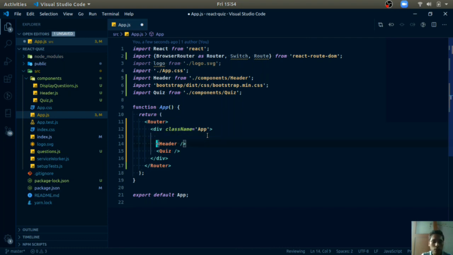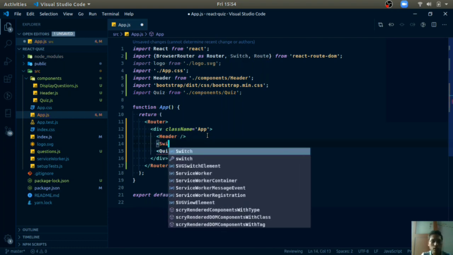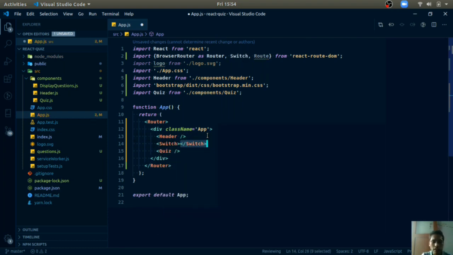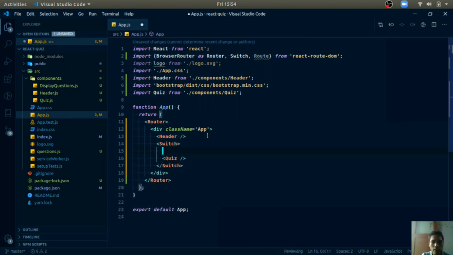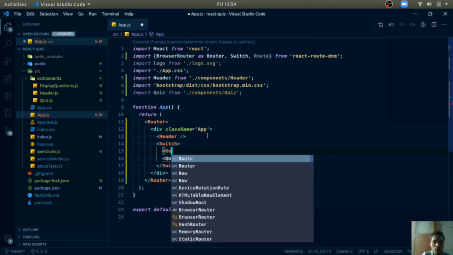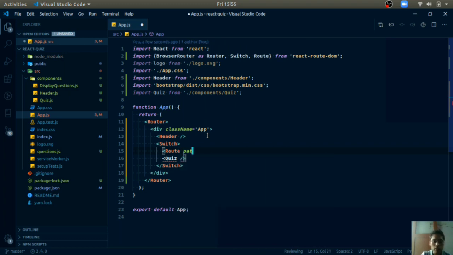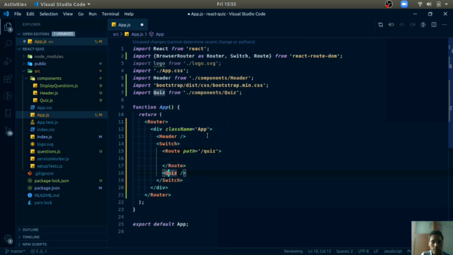So I know that the header is constant for every URL, so I will not include the header, but after the header I will create a Switch component, and inside this Switch I will include this quiz, because here we will need two things, one home component and one quiz component. So just here write a Route, path equals slash quiz, and inside this place this quiz.